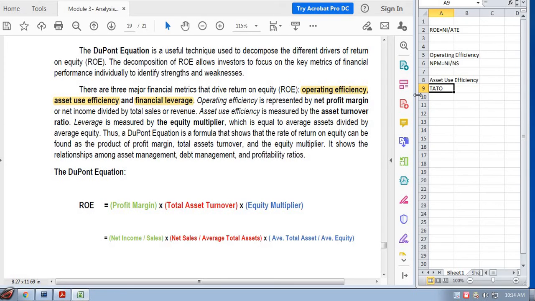Okay? Total asset turnover which is equal to, ano nga yung total asset turnover? This is net sales over average total asset. Okay, so take note of this. And then for the last